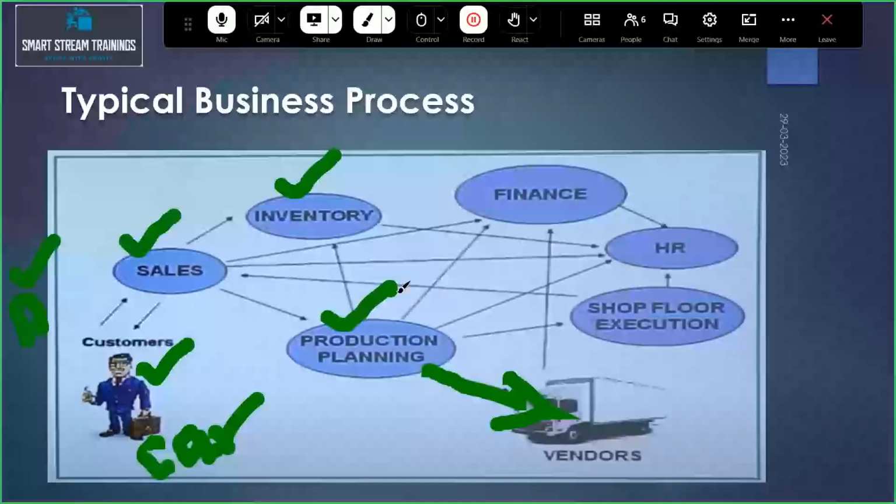Once it is done, this is informed to the inventory team. The inventory team is connected to the finance department. According to the current GST values and live taxes, they will give you the on-road price. All these details are decided by the finance team. Once everything is done, this particular car comes to the showroom in the shop floor execution part. So in this business scenario, through this you can inform the finance team. Once the finance team is done, then you can directly connect it to the production team.